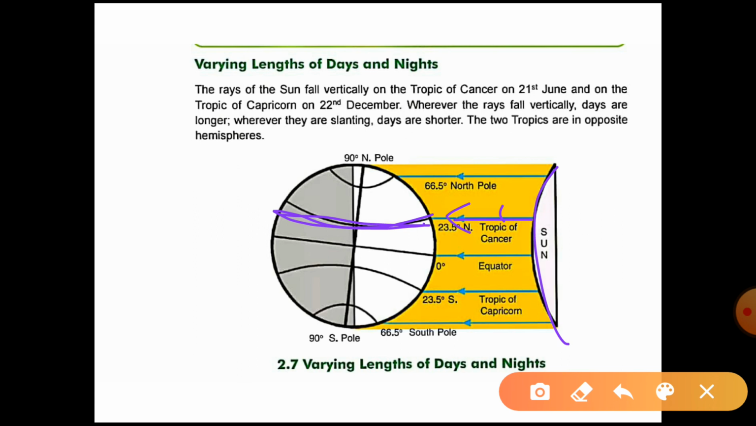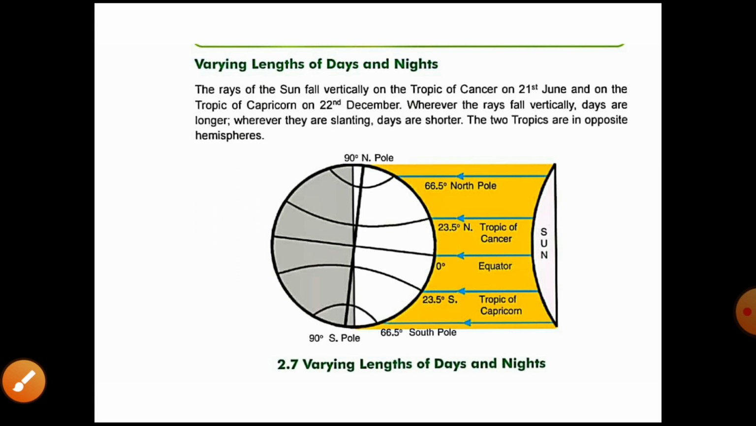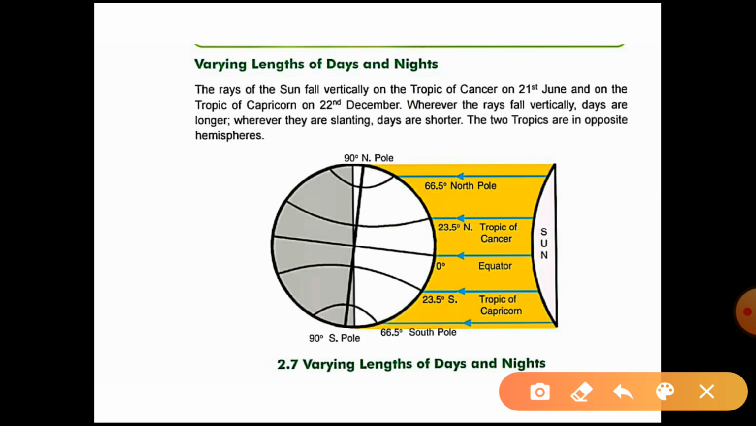In the southern hemisphere on 22nd December, on the Tropic of Capricorn, the sun's rays fall directly. Okay, so because of that we can see the different variation in the day and nights. Wherever the rays fall vertically, days are longer. Vertically means where the sun's rays fall directly, for example here on the Tropic of Cancer, so